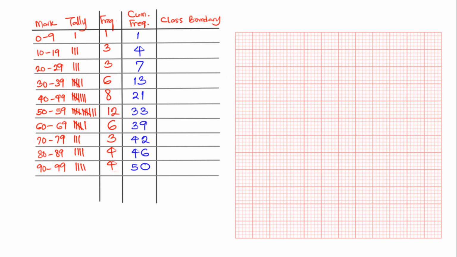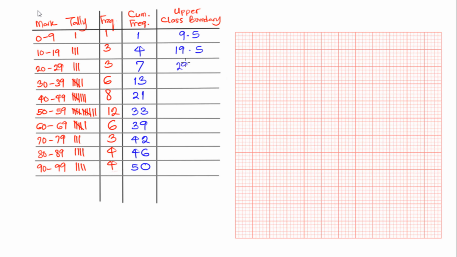So normally that class boundary will be 10.5 to 19.5. But for us, what we need for our graph is the upper class boundary. So we are going to be taking the 9.5, 19.5, 29.5 as our upper class boundary. The class boundary is from the lower class boundary to the upper class boundary, but we just need the upper class boundary. So for all of the entries, we just put in the value of the upper class boundary, 9.5,